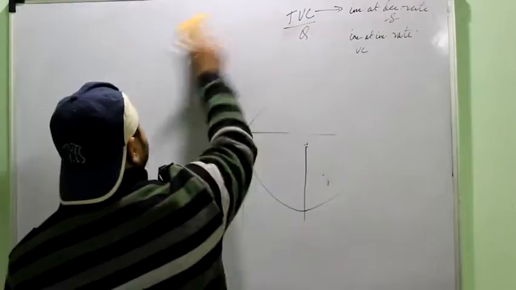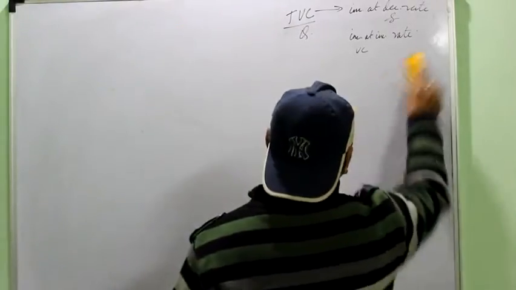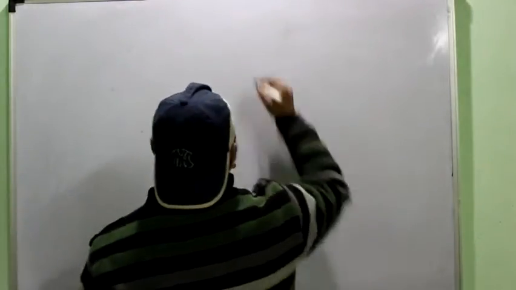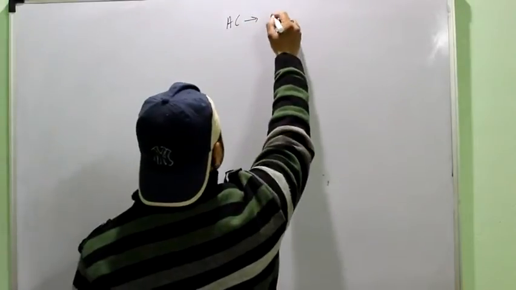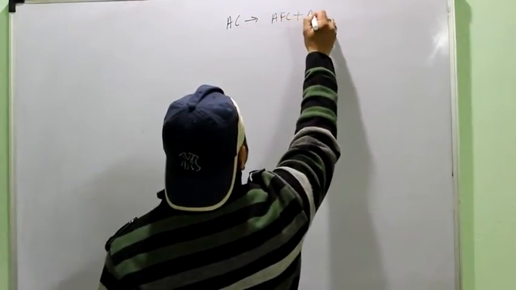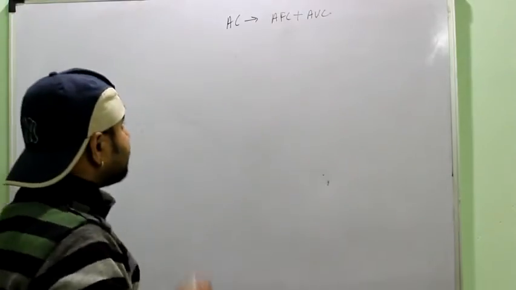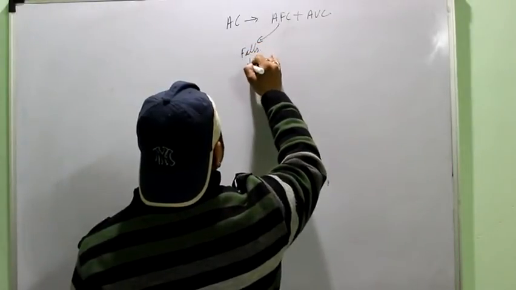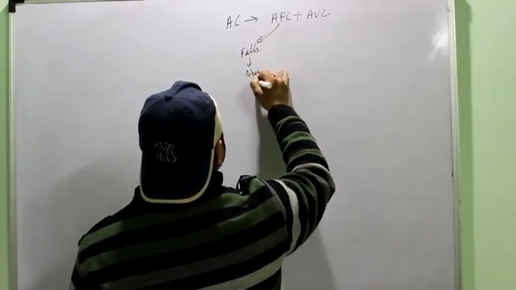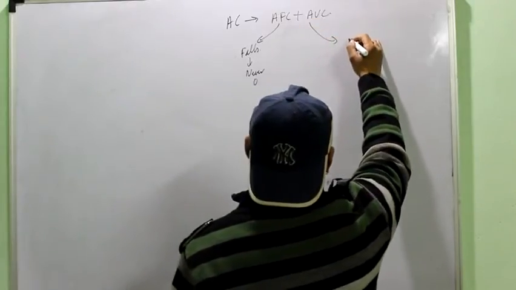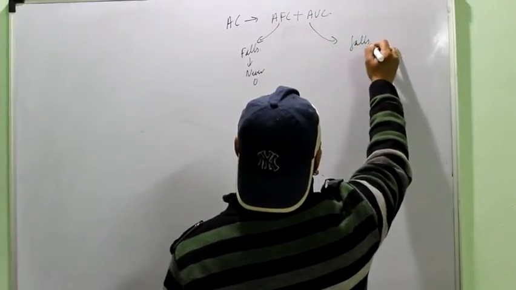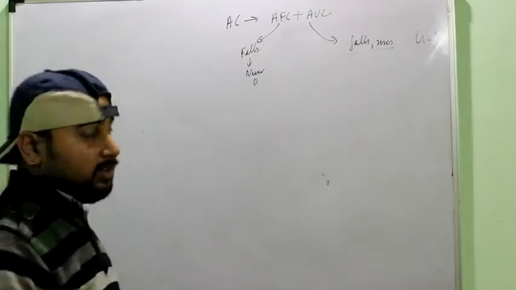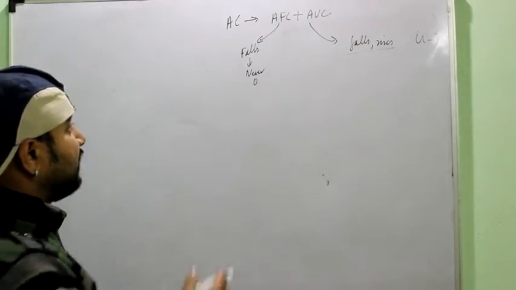Okay, now after understanding these two, again we have to understand the AC curve, the average cost curve. Again, see, AC is the summation of AFC and AVC, right? Now what happens to AFC? It continuously falls, diminishes, but it is never zero. What happens to AVC? It first falls and then it rises, or is U-shaped, right? So now the behavior of AC is affected by both these curves.